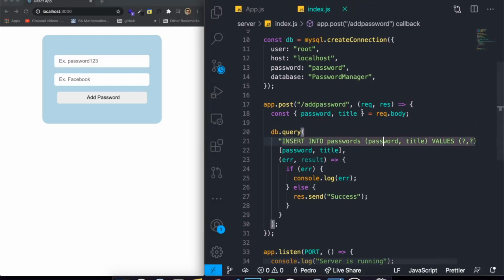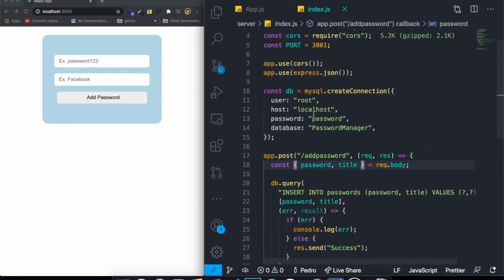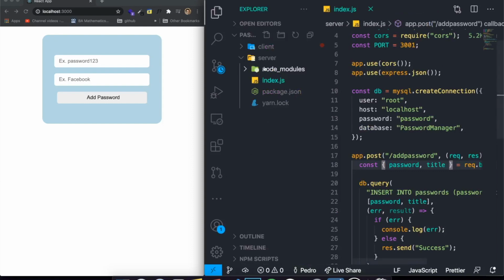So how do we actually encrypt the passwords that we received? You can see right now we're receiving the pure password from our front end, whatever the user enters here, in the app.post add password. So in this route right here, we're receiving the password as a variable like this. So what we want to do is, first of all, create a separate file just for working with this encryption,